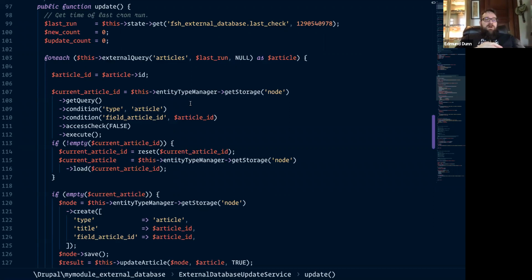We use the article ID as our unique column in our external database, and we also use that as a unique column within our Drupal database, so that we can check to see if there are existing articles or if there are not. We then use that to run a query against our nodes using Entity Type Manager to see if there are any nodes with that article ID.